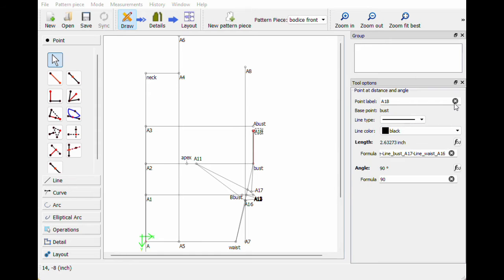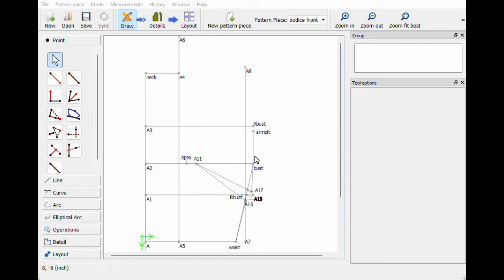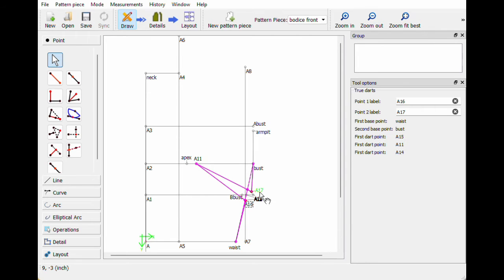If it's helpful, you can relabel this as armpit if you need that when you're looking at the curves and working on all of that. Now, since we subtracted a lot of space in here, if we sew this together, we're losing all that space. We need to add that space because it falls on the shoulder line. We need to add this at the shoulder so it doesn't pull at the shoulder. So the easiest way that I do this is this distance line in here. If we just connect A16 to A17, that will give us a close enough measurement of what that gap is